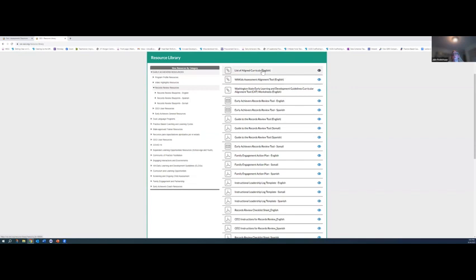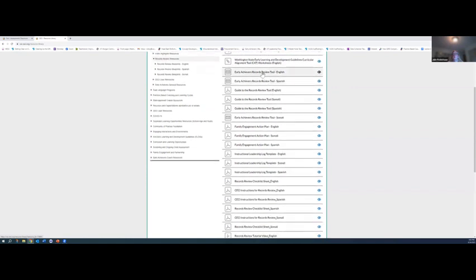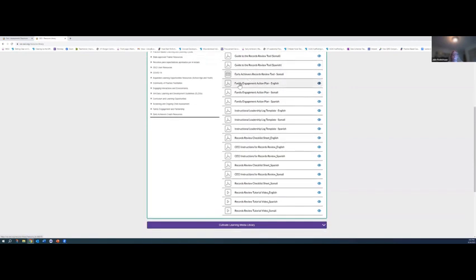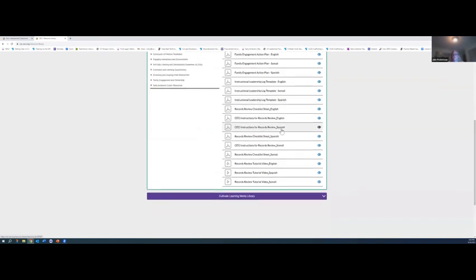But the list of aligned curricula, the alignment tools that are needed, but then there's also the records review tool, the RRT, the guide to the RRT, and those are available in English, Spanish, and Somali. There's a family engagement action plan template that providers can use. There's an instructional leadership log template. Those are also available in English, Spanish, and Somali.